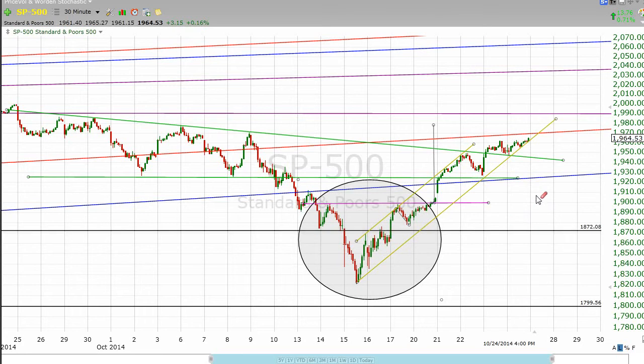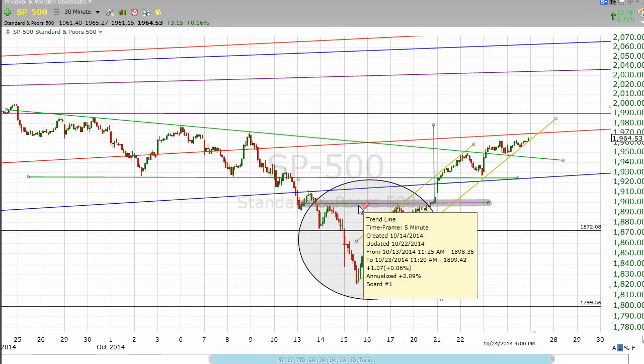We are now clearly a significant margin above that line, and the inverted head and shoulders pattern down here appears to be a spot-on call. I'll take credit where credit's due. We don't always get them just right, but that one we got just right. So looking back over the past 2 weeks, spot-on call on the bottom, a nice call on the inverted head and shoulders pattern,